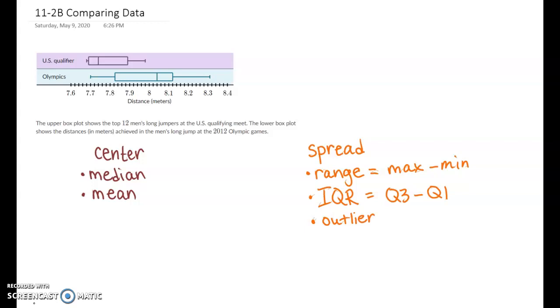So we're going to look at a couple of examples. First, we're going to look at the upper box plot shows the top 12 men's long jumpers at the U.S. qualifying meet. The lower box plot shows the distances in meters achieved in the men's long jump at the 2012 Olympic Games. So if I were going to look at these box plots, the measure of center that's easy to read off of a box plot is the median. I can't get the mean from a box plot, but I can get the median. So I would say that Olympics has a higher median